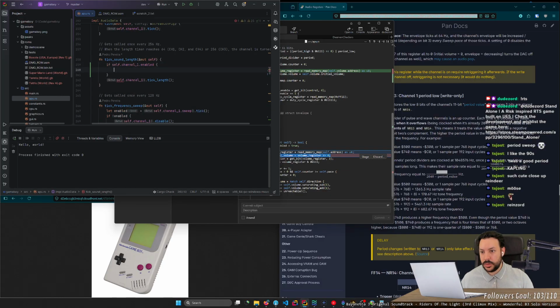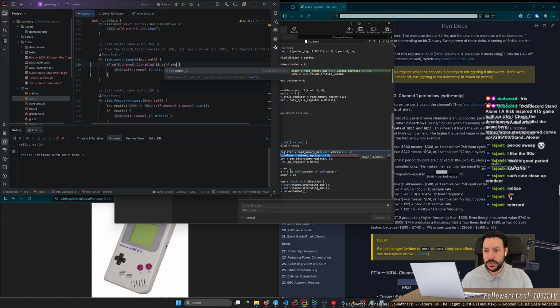I only take its length if it's enabled, and self.channel 1 dot length enabled.